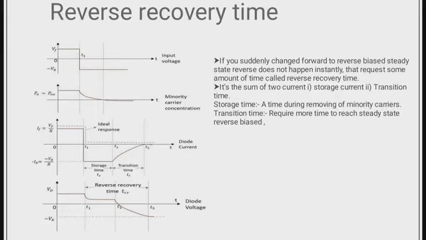That means, in a simple line, suppose a diode is connected in forward biased mode. Now you want to change the polarity of the battery, that means the diode will be in reverse biased, but this does not happen instantly, this does not happen in a very small amount of time. It has to take some time to operate in reverse mode, and this time is basically called reverse recovery time.